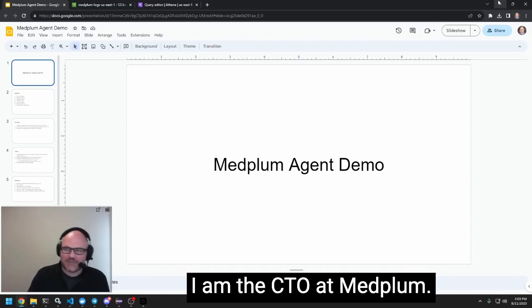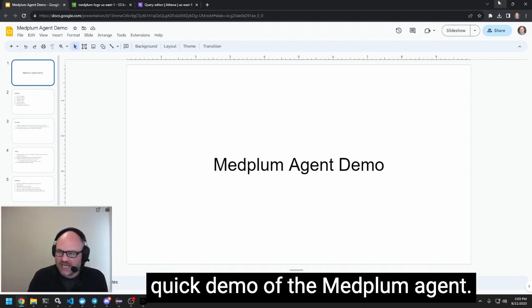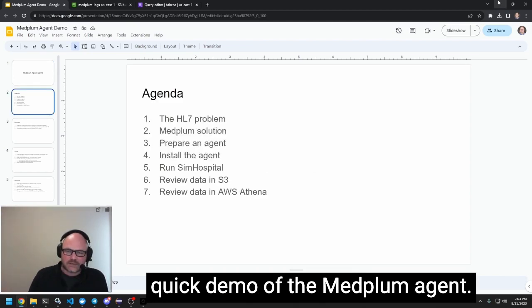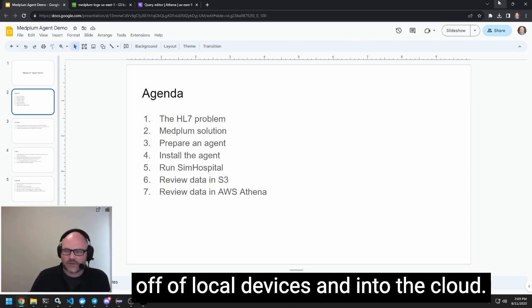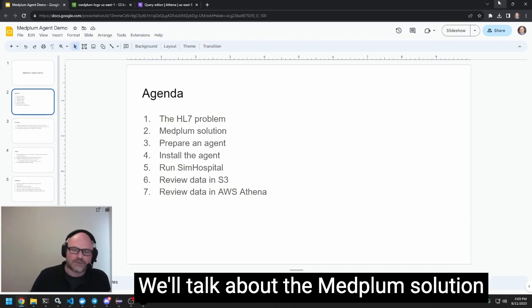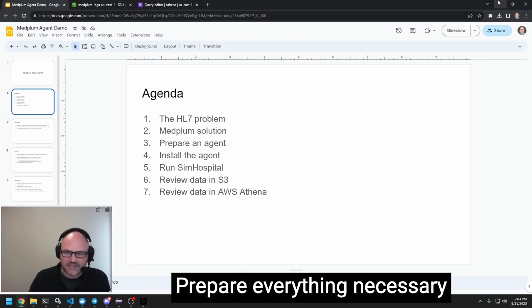I am the CTO at Medplum, and today we're going to talk about the Medplum Agent and give a quick demo of the Medplum Agent. Overall, we're going to talk about the HL7 problem, about getting HL7 data off of local devices and into the cloud. We'll talk about the Medplum solution to the HL7 problem, and then I'll prepare everything necessary to install the